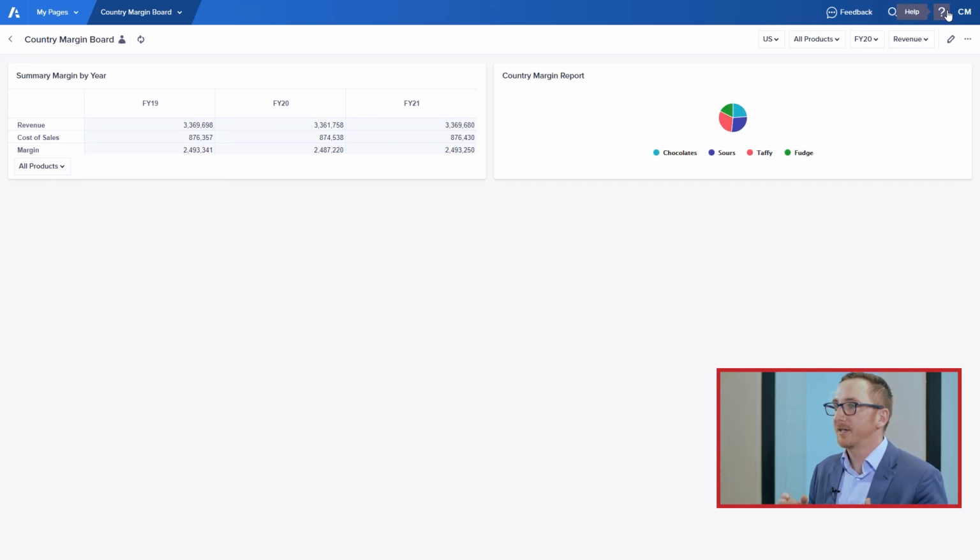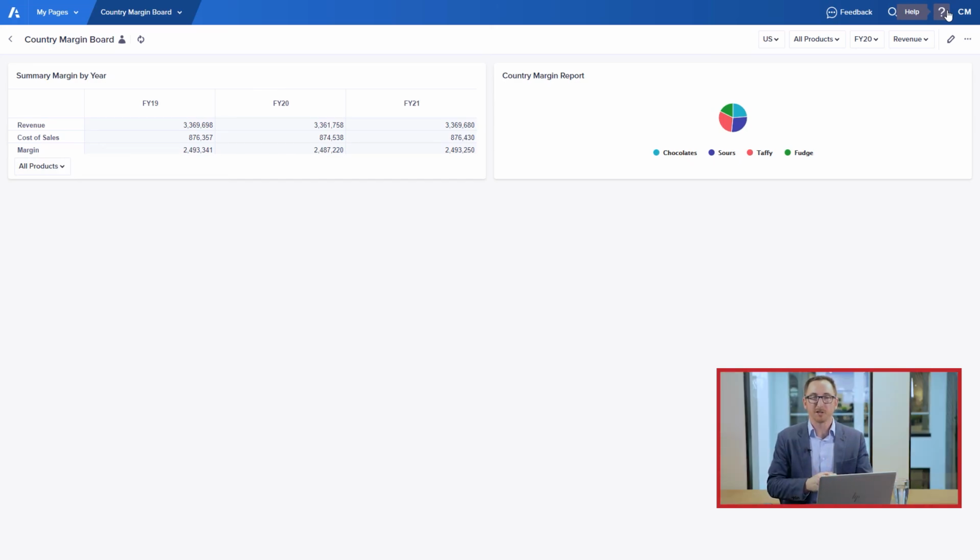You can see that if we want to change the layout of the board at this point, maybe we want to make this chart a little bit bigger, one of the things that we can do is adjust the sizing in here. So we have it as saved. Remember, anytime we want to make any sort of change, we want to get back into that designer mode, and we're going to use that icon that looks like a pencil. So just to keep reminding you, as you're adding new cards, adding new grids, make sure to hit publish. And then when you're ready to, you can edit that again by just clicking on the pencil icon.